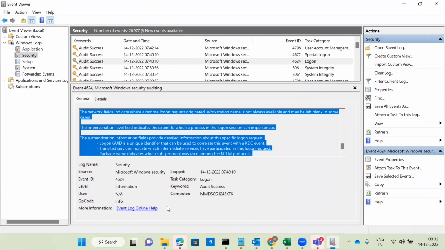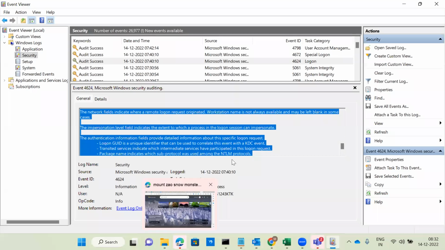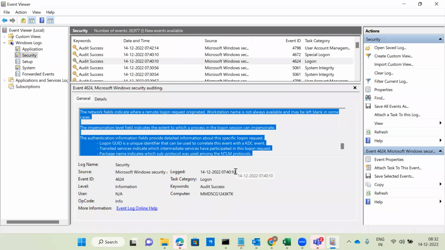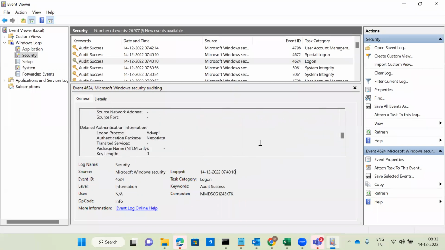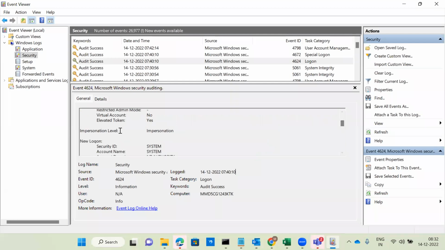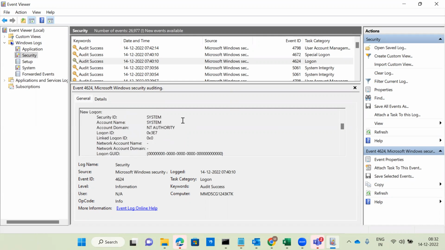Okay. So once they are sharing the screen, first and foremost, what you look at is action. Anyway, our message will be there. You can see here so much message is there. Under this one, if you are scrolling down, there is so much: impersonation level, new logon, security ID, account name system, account domain, NTLM, NT authority, login ID.